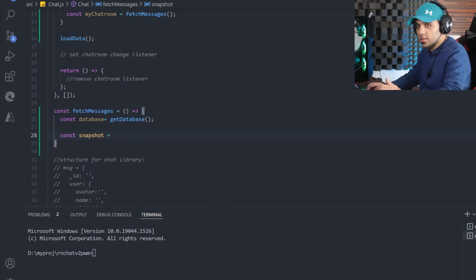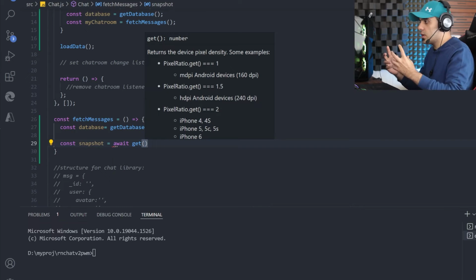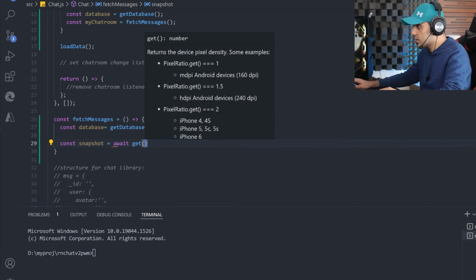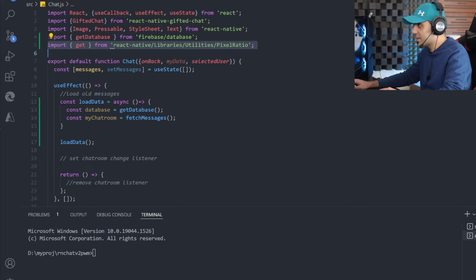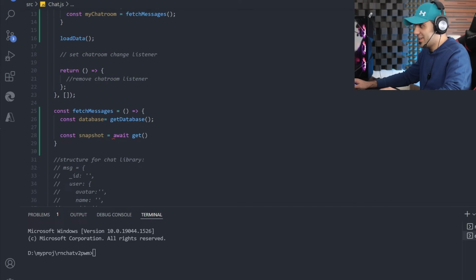Const snapshot. This is something that we did in the previous part, same as that. So I wait, and we are going to use the get function. We just want to get data once, so we don't need to activate any listener. So I use the get function. This one, again, imported from the wrong library. Be careful for these mistakes. It can ruin your whole day. Get,